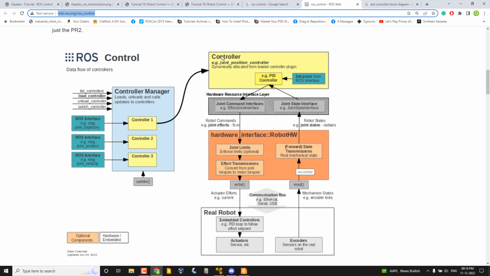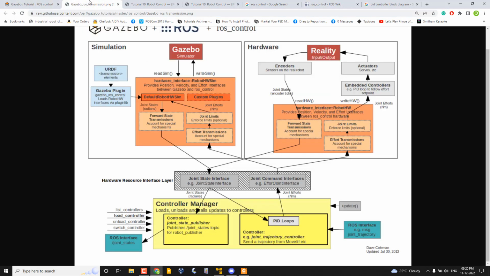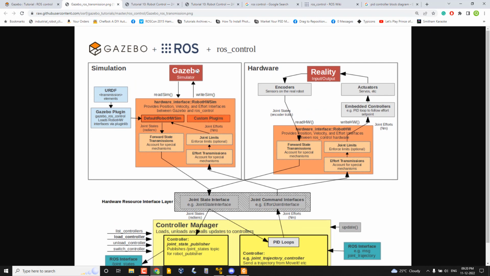So these are the things that happen when you interact with a joint in a real robot or in Gazebo. That is what is shown in this diagram. You can see here in the simulation there is a hardware interface. Here also in the hardware on the right side there is a hardware interface, and in the actual hardware there are real actuators, then embedded controllers which are moving,